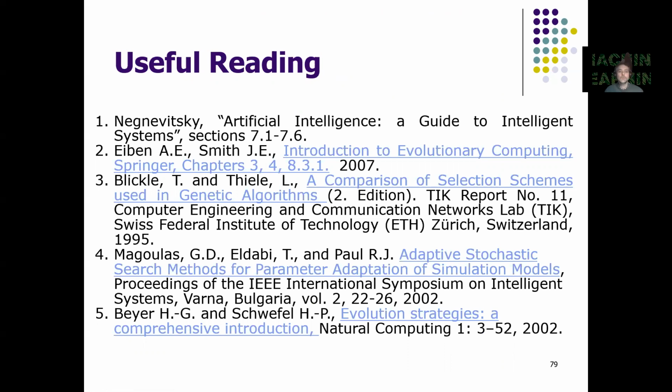the material that I used is covered in the book, sections 7.1 up to 7.6 from the core text, Negnevitsky's Artificial Intelligence, and I have some other sources which are used today, like this book, which is online on evolutionary computation with specific chapters about selection schemes, as I said, these are very important. There's a nice report from the 90s, which makes a comparison of selection schemes. This is an article about the application of GAs